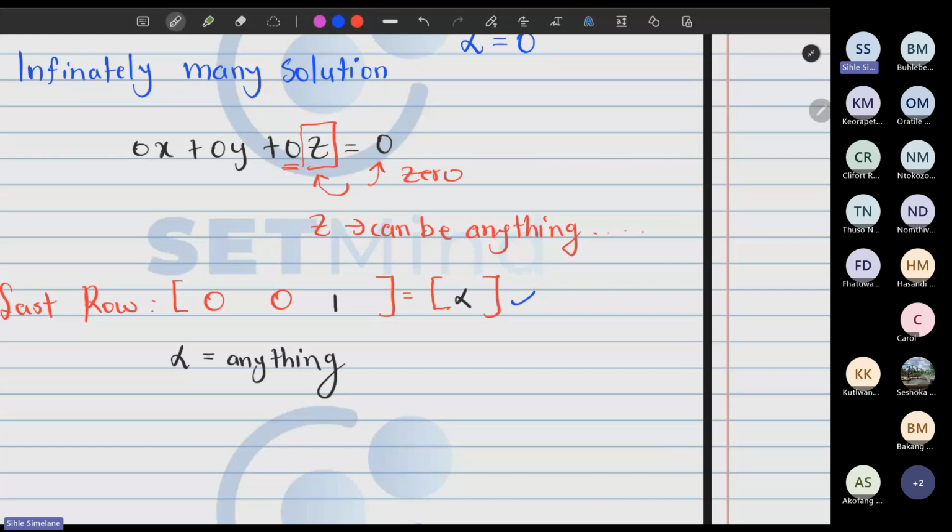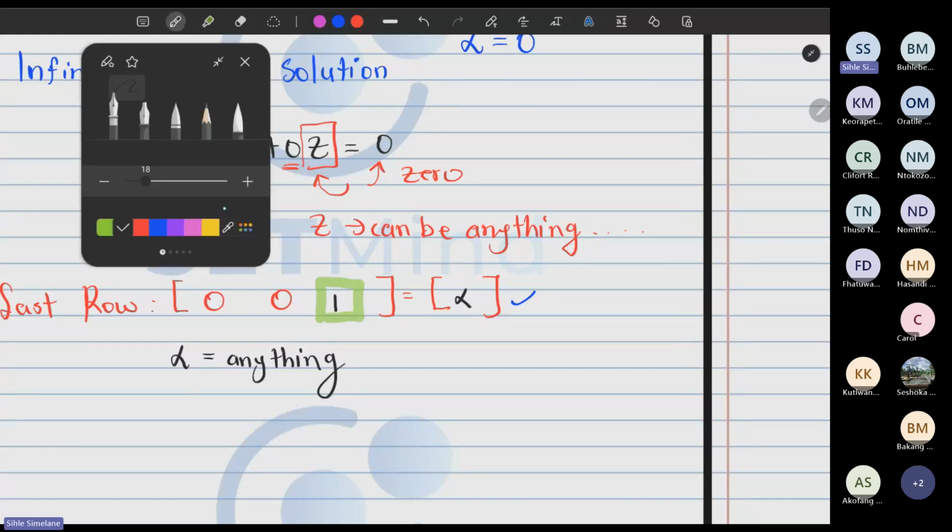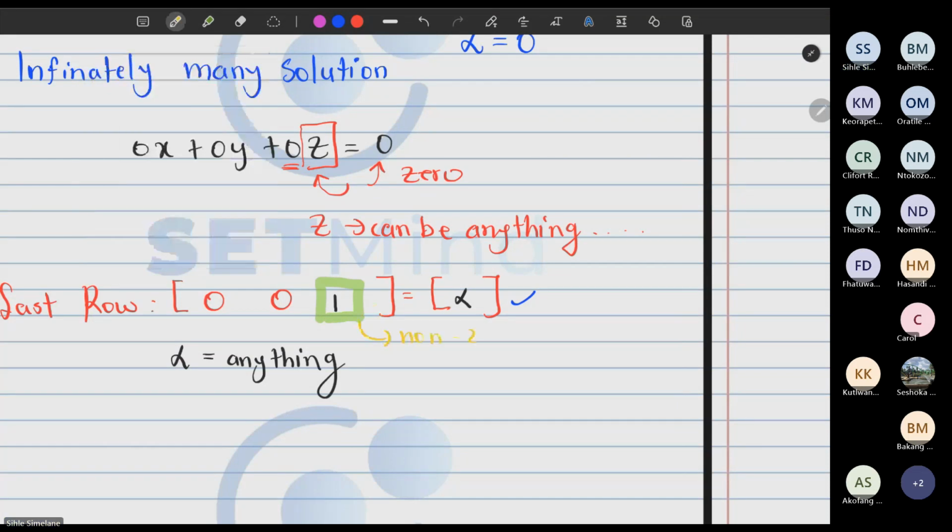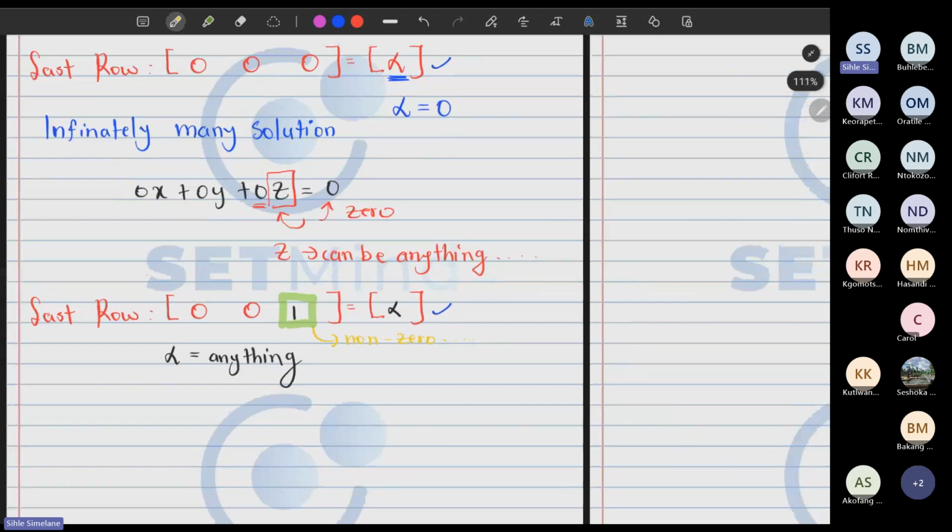But here, as long as we have a non-zero number, as long as that is non-zero. So now let's take our understanding of this and focus on the last row